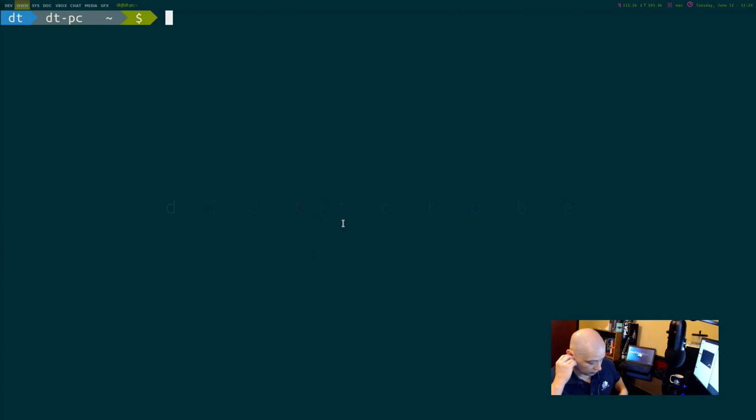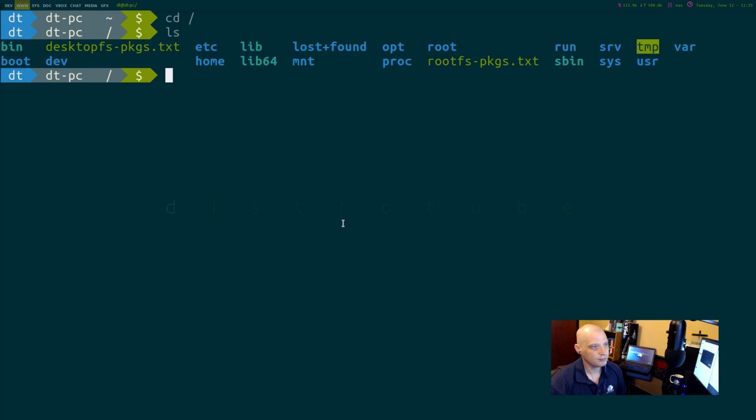But let me show you what he's talking about here. If I cd into root, and let's list everything in the root directory. In the root directory, we have this directory right here, tmp. You see how it's highlighted? The shell is basically highlighting that directory, giving us a warning that the privileges on that directory are such that anybody can use it. That directory is wide open. See all these other directories? You have to be root, really, to do anything in things like the boot directory, the dev directory, etc. Tmp you can play around in. So cd /tmp.